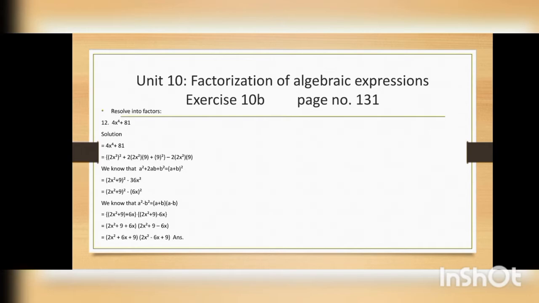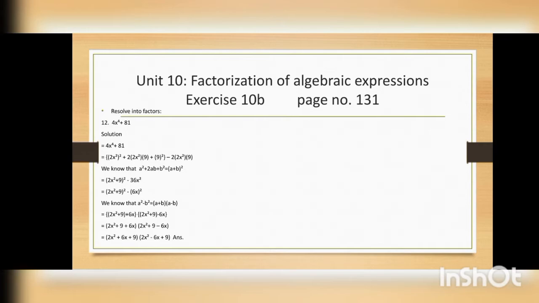Alright, so we wrote 2x² plus 9 in the round bracket, then plus sign, then 6x. Okay, and this is all enclosed in the curly bracket. Similar is the case with the second bracket, this is 2x² plus 9 minus 6x because we have a minus b in the formula. Alright, so in the second last step we have just gotten rid of these curly brackets and we have written 2x² plus 9 plus 6x in the round bracket. Similar is the case with the second bracket, 2x² plus 9 minus 6x.